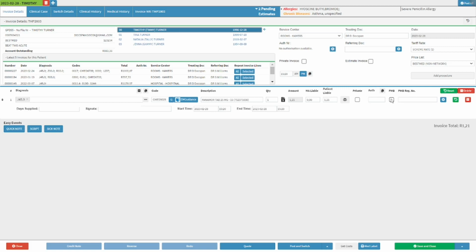Tick the PMB checkbox to mark the invoice line as a prescribed minimum benefit, which is a condition that the medical aid must cover. The registration number linked to the prescribed minimum benefit can be added to the PMB registration number field. If the practitioner has billed medication, a field for the number of days that the medication is prescribed